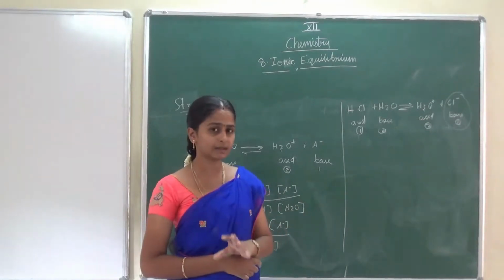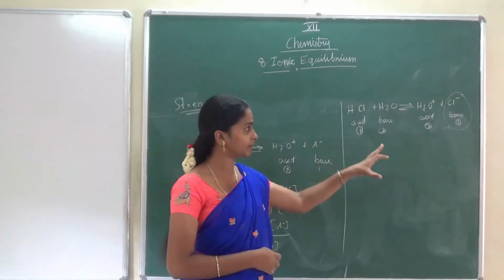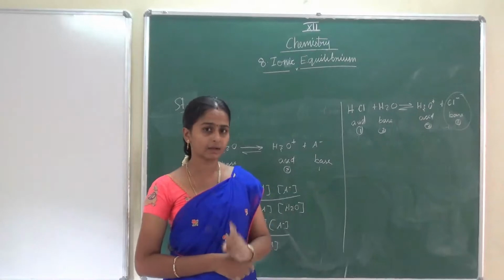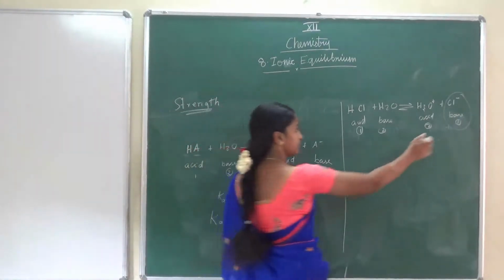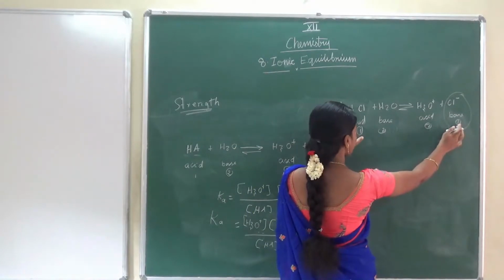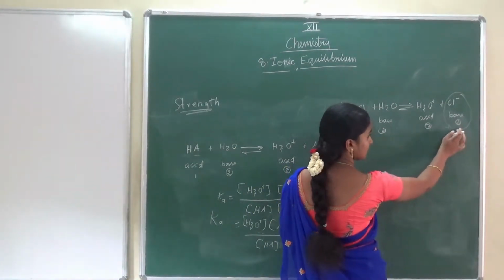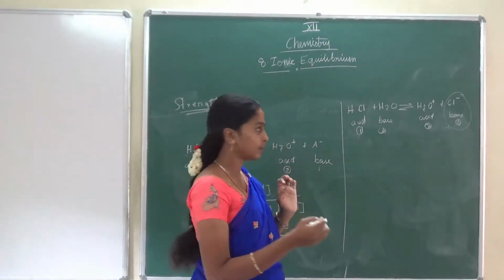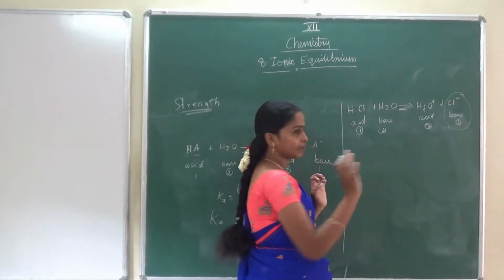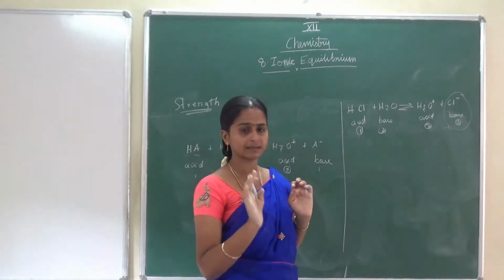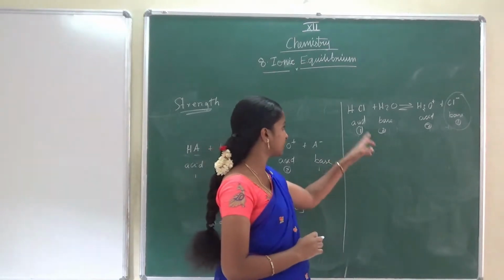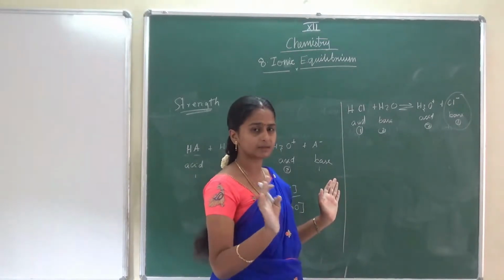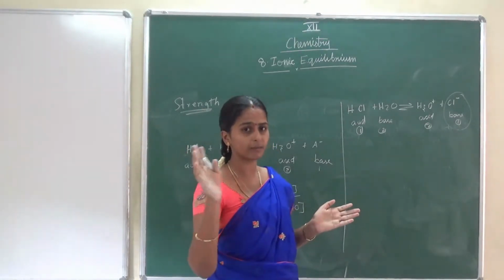So from this we can say the conjugate base which is coming from the strong acids are weak bases. Can you understand? The conjugate base coming from the strong acids are weak bases. That means they show poor tendency to accept H plus, whoever the donor may be, because it is coming from a strong acid. Already it is ionized completely, so it won't easily go and form HCl again.